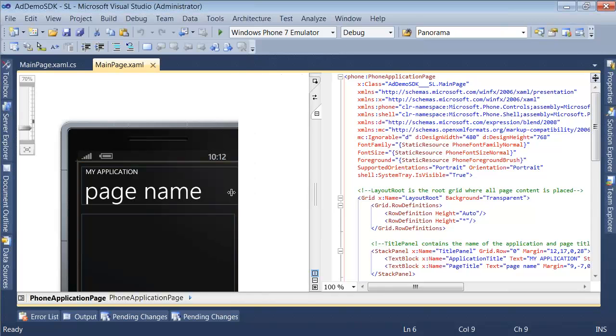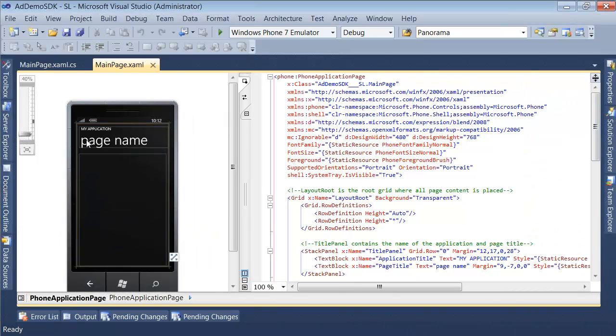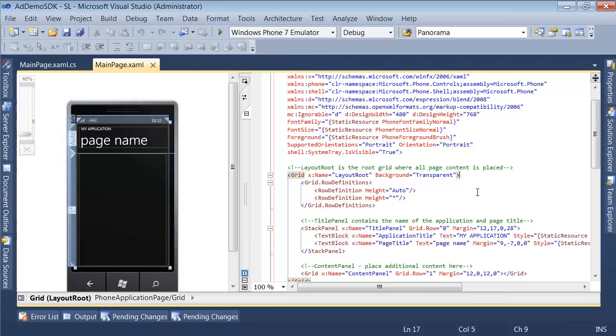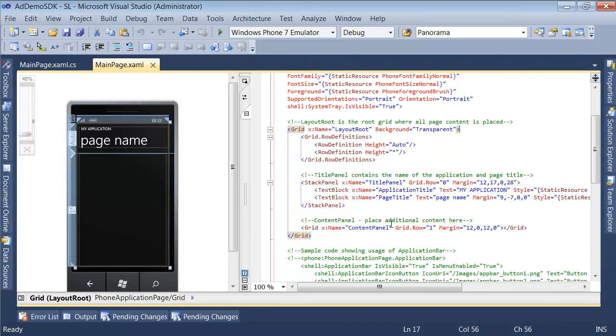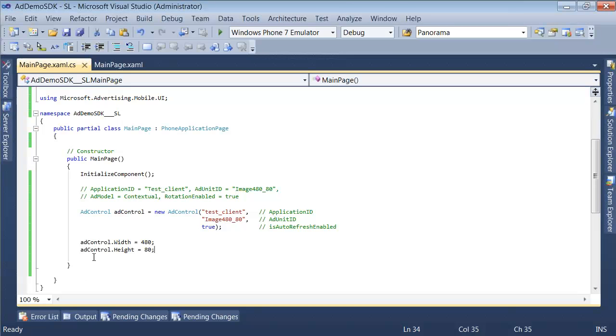Drag this over and shrink this down a little bit. In the XAML, we've got a stack panel and a grid that are part of our layout root. So the stack panel is effectively item 0 in this, because this is just definitions. So we've got our stack panel, which is item 0, and our grid, which is going to be item 1, or child 1. And so what we're going to do is we'll go back in here, and after this,